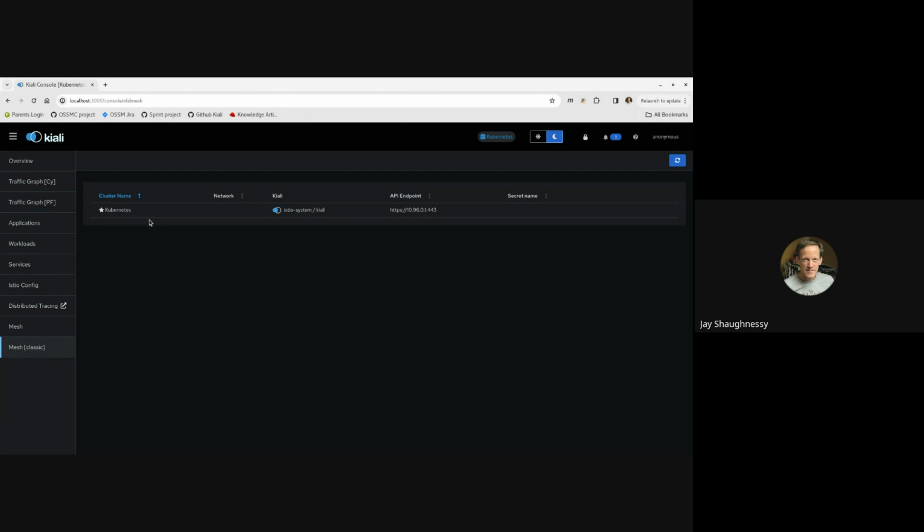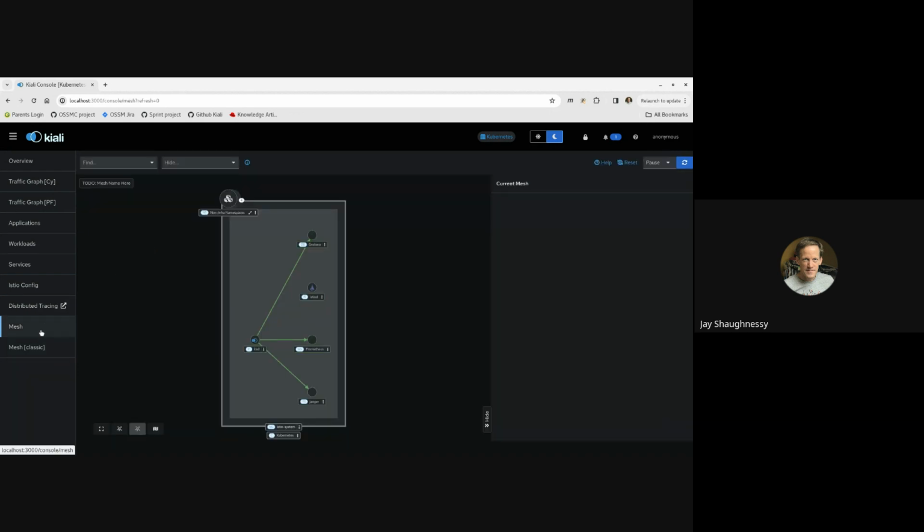So what we've wanted to do for a while was replace this with a topology type view of your infrastructure. So this would be kind of complementing your traffic graph, which everybody kind of knows about if you've used Kiali, with a graph that instead of showing request traffic is actually just showing your infrastructure. This is a very early POC, so things will change probably significantly, but the general idea is that you'll be able to see your clusters. Like, for example,